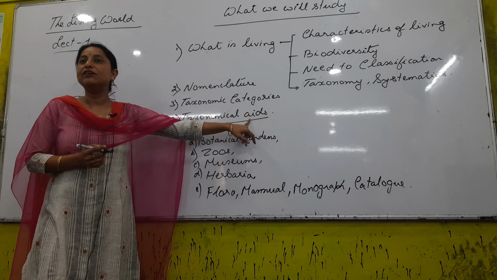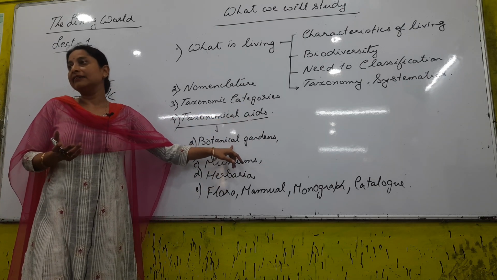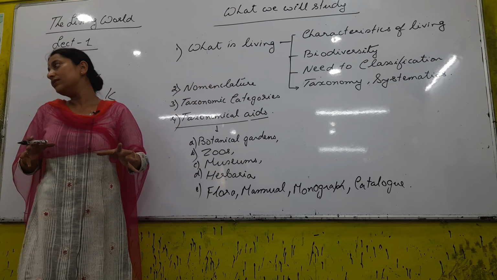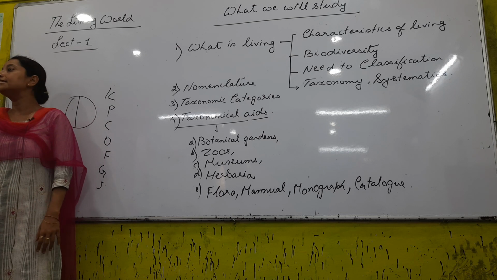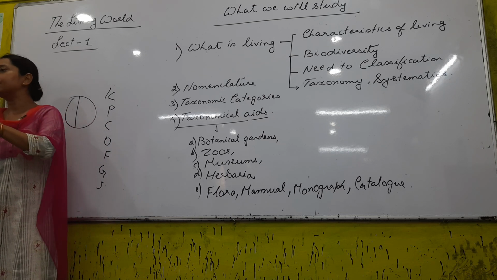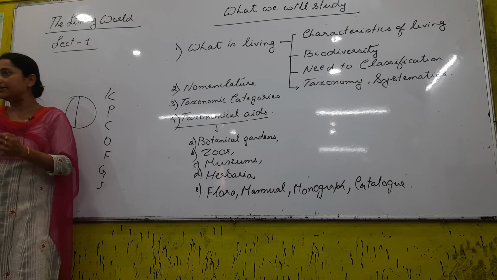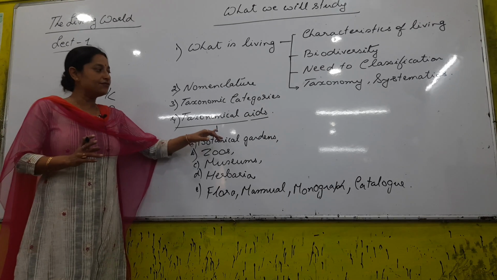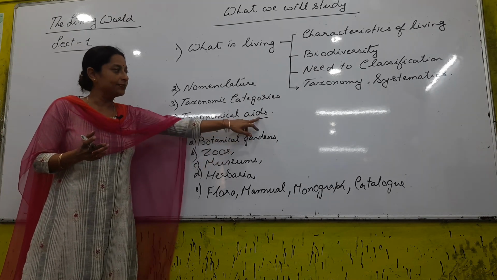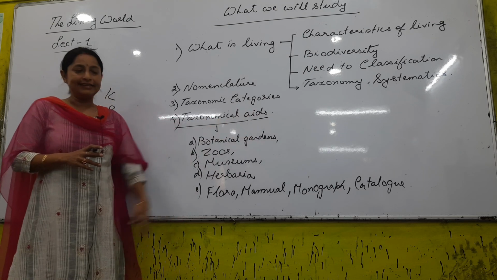I think we understand the meaning of aids, no? It is help. If it is a plant and you want to know about it, obviously you go to the area where the botanical garden is situated. At a botanical garden there are varieties of plants. Together with the plants, you have the specific classification: which family it belongs to, which kingdom, which genus, etc. So all the information about that specific plant is there in the botanical garden. That would be a help for our study, and so it is considered a taxonomical aid, right?